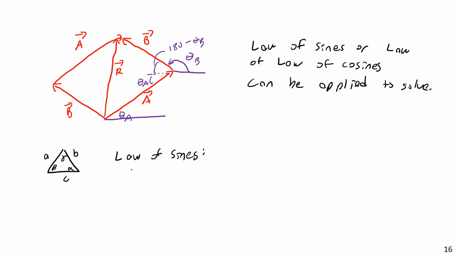That is simply that A over sine alpha is equal to B over sine beta is equal to C over sine gamma. Very simple trigonometry. Or I could also apply the law of cosines,